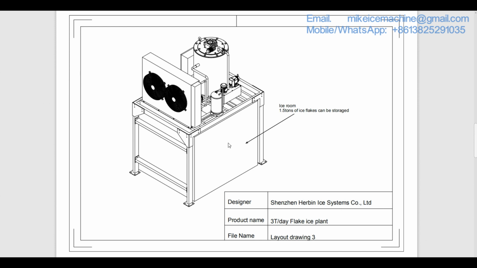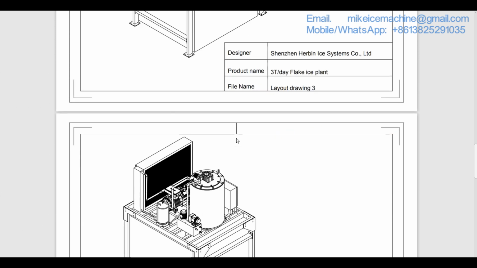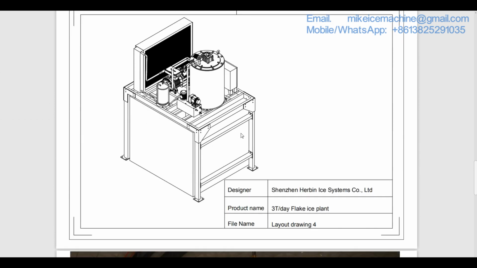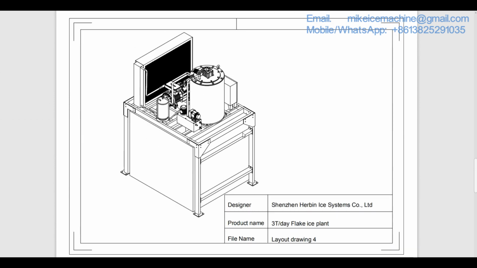That ice storage capacity is big enough to collect all the ice flakes made in the night time. So when there is no one around the ice plant, you can keep the machine working. Ice will be stored automatically and be kept inside the ice room. When you open the door of the ice room in the morning, the room is already full of ice flakes.